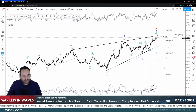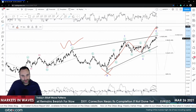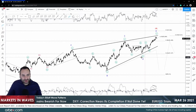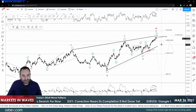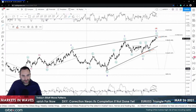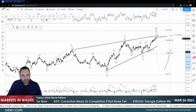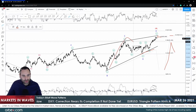Now, of course, the scenario that remains is that this could indeed be WX, and then this is going to be 1, 2, 3, 4, and 5 for an ending diagonal in wave Y or something. However, the current structure, since we had this rejection down and the upside move to near 93, reminds me of a very nice triangle, and symmetrically speaking it looks like a very nice triangle. It's just that we need another leg on the upside on the index to take out the 93.02, which is the 61.8 Fibonacci extension,